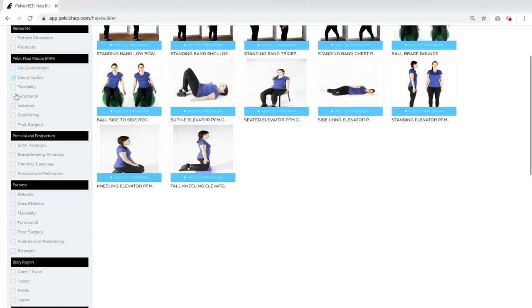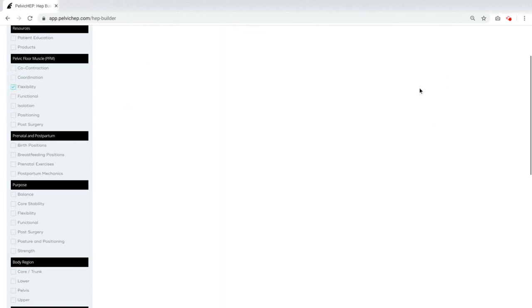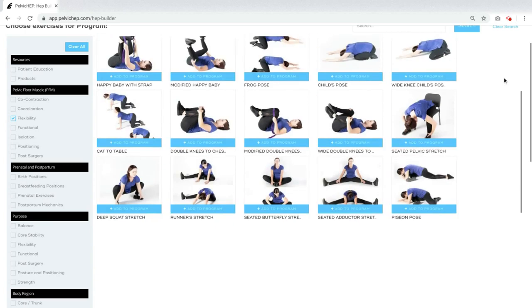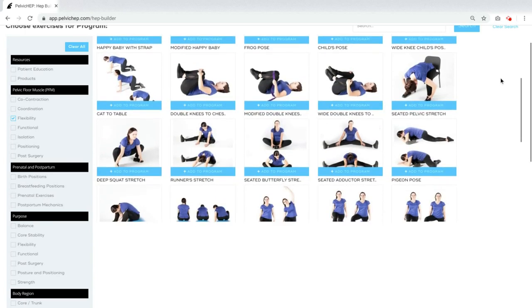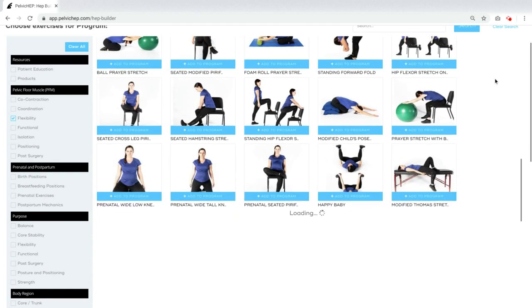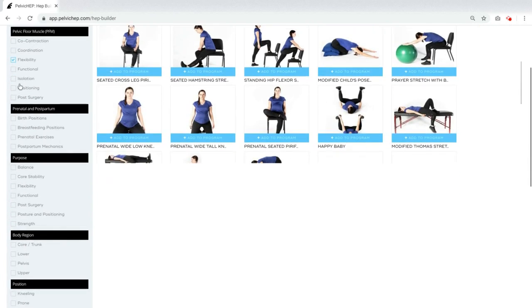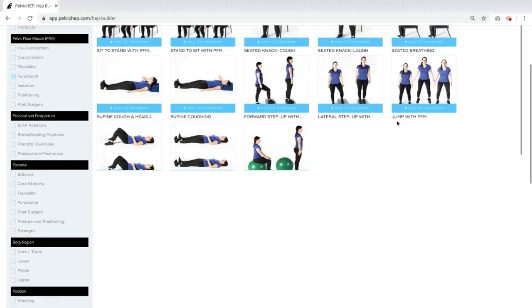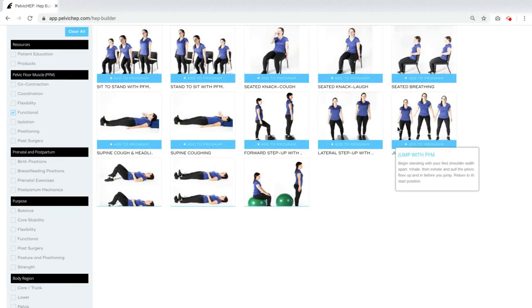We have flexibility, which is unique because oftentimes for pelvic pain, we have a difficult time finding modified exercises. So that was one of our goals, was ensuring that we had modified exercises for patients with pelvic pain or just lack of mobility. We have the functional section, which is performing a Kegel with sit to stand, stepping up,